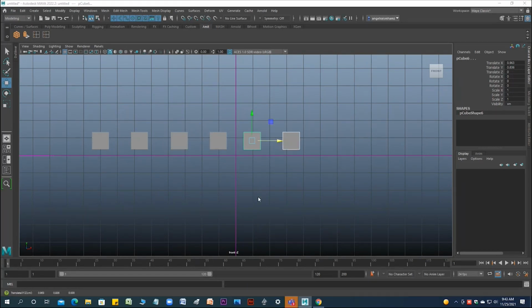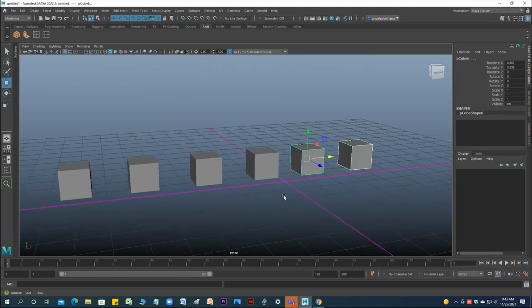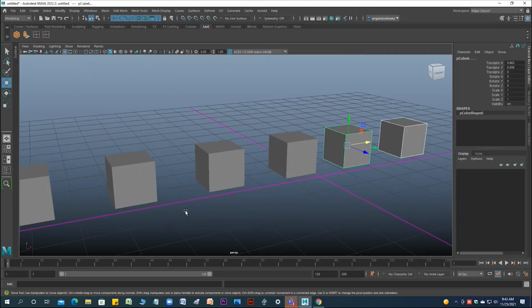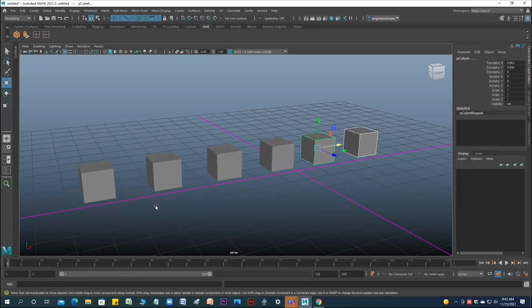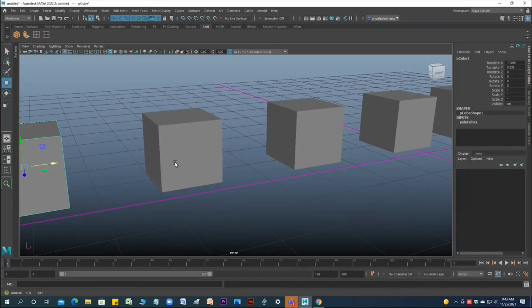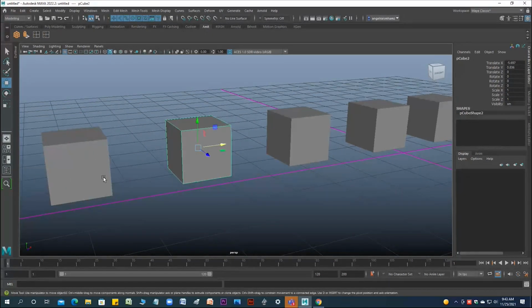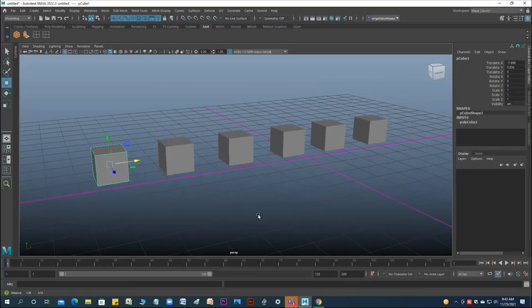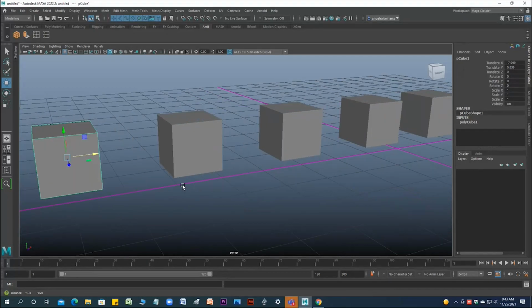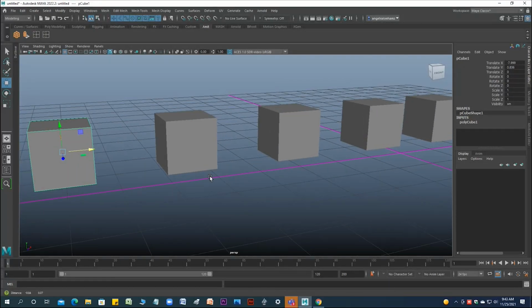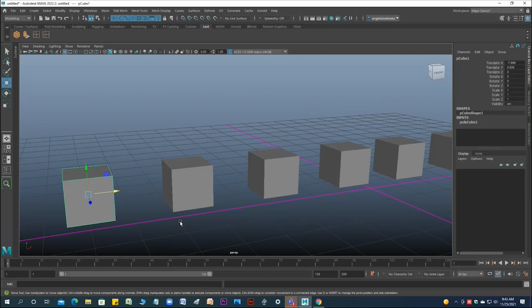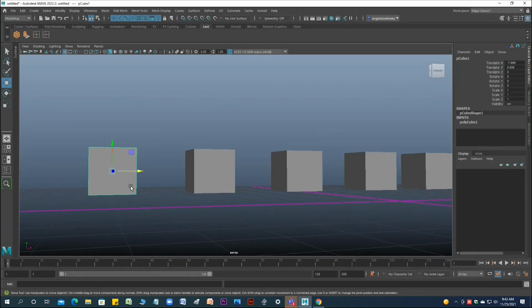So what exactly does shader mean here? Shader means the surface feel of this object. It looks almost the same. Whenever you want to apply some kind of surface quality, not the texture, we are talking about the surface quality, texture is above that. So if you right click on this,